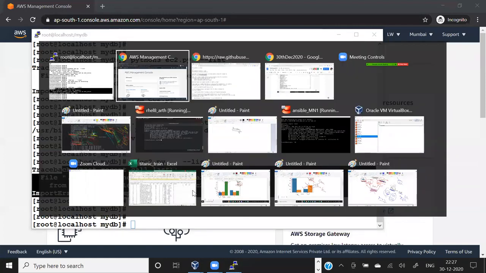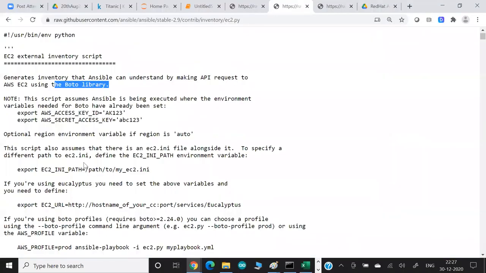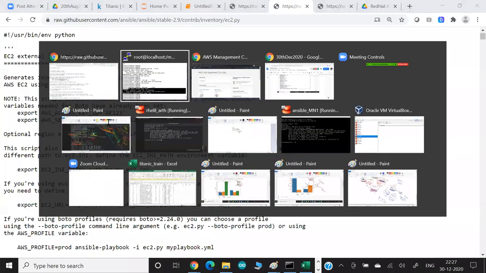Even if you go to the document, they tell you that you have to provide the login name and the password. And you guys know that in the API, we always give the access key and the secret key that you have to provide. And for providing them, either you go inside this file